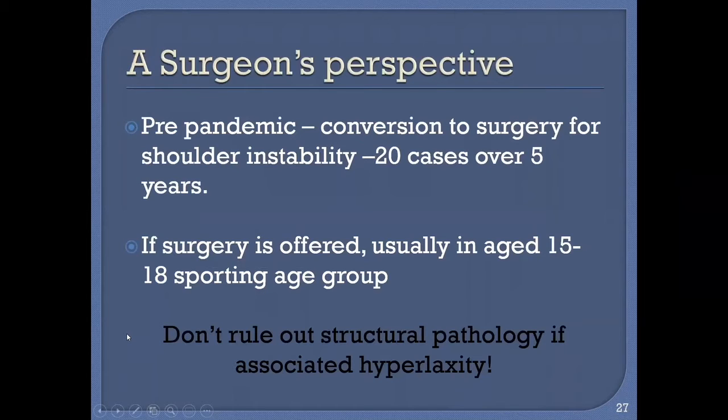I just thought I'd put in the surgeon's perspective at this point, just so you get an idea of numbers. So at Sheffield, we cover Yorkshire and Humber, South Yorkshire, Derbyshire, Rotherham. So pre-pandemic, the conversion to surgery for shoulder instability was 20 cases over 5 years. The large proportion of them go to physio, and we tend to manage them with rehab, so they don't operate. Even if there is a structural problem, if they've only dislocated once, we tend to go for rehab, unless they're really, really sporty. And it's usually offered in the age 15 to